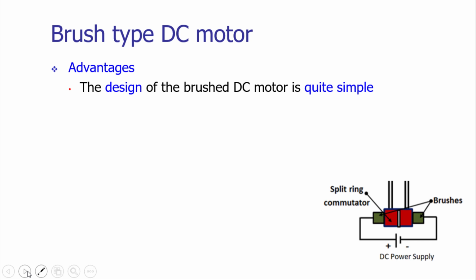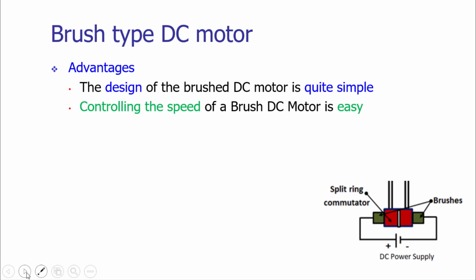Now let us study what are the various advantages that brush type DC motors are offering to us. The design and the construction of the brush type DC motor is quite simple. As we have seen, we need an electromagnet and a current carrying coil, that is the armature. In the real DC motors, there are a number of windings, a number of coils on the armature. We can easily control the speed of the brush type DC motor. Since the construction and the design is simple, these types of motors are very cost effective, they are economical, and we can easily afford them.